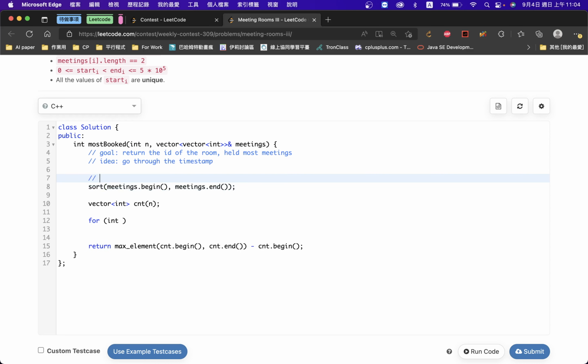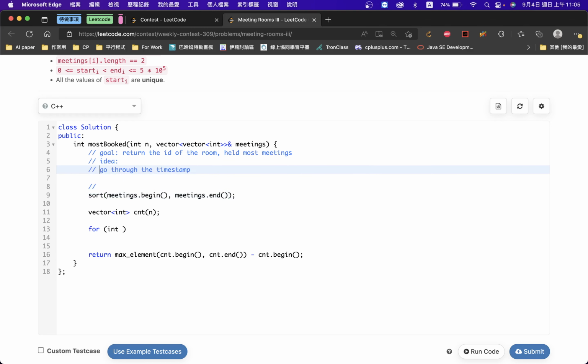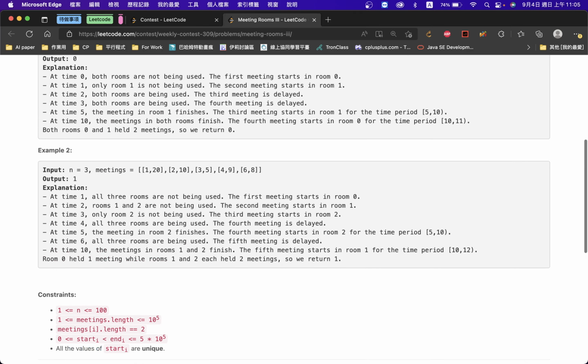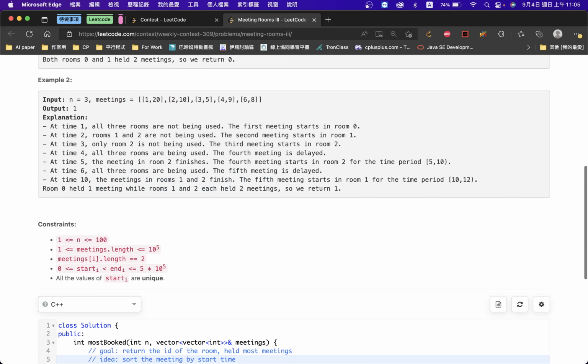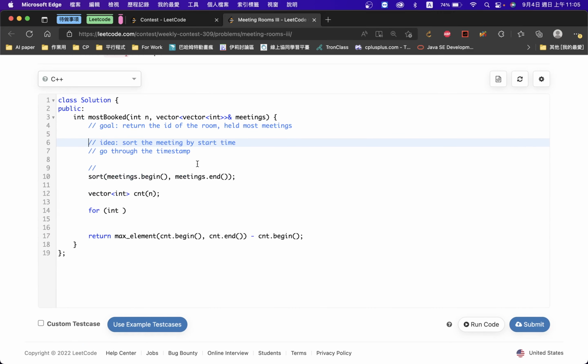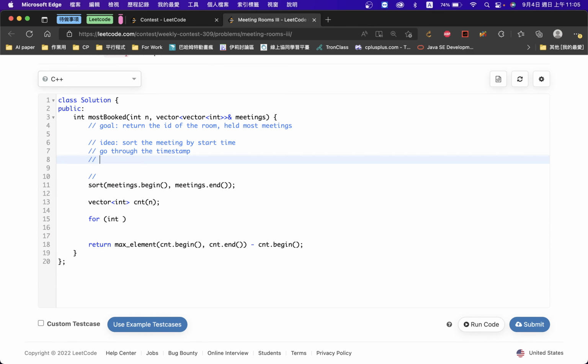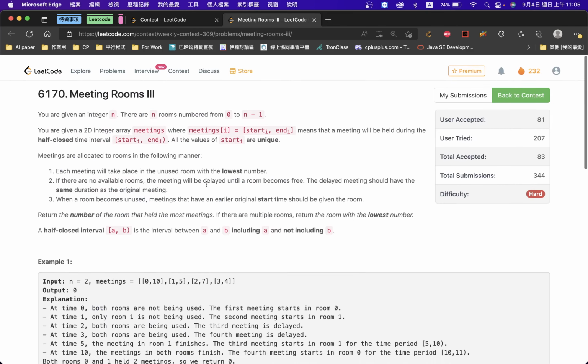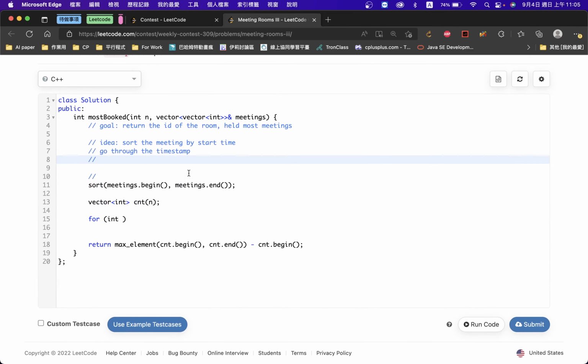First, we don't sort it because the order doesn't matter, so we sort it. Idea is to sort the meetings by start time. It goes through the time step, and then while the time step, or we don't go through the time step,